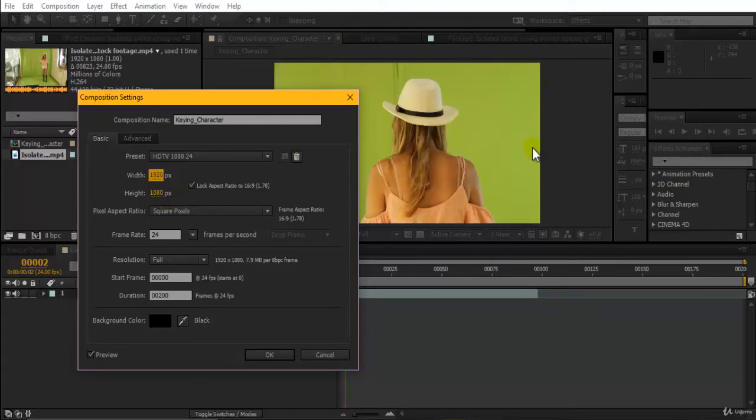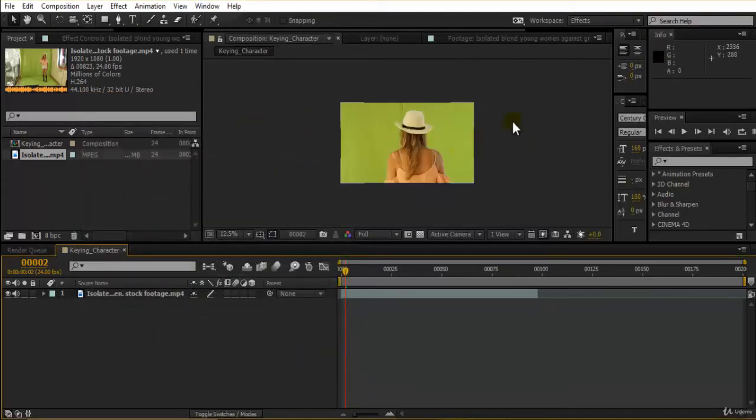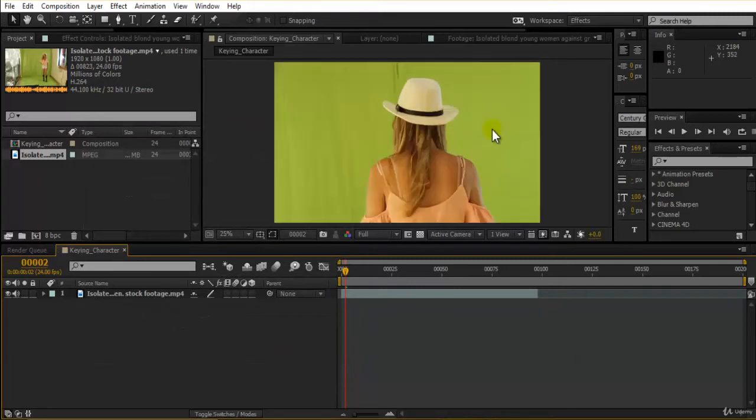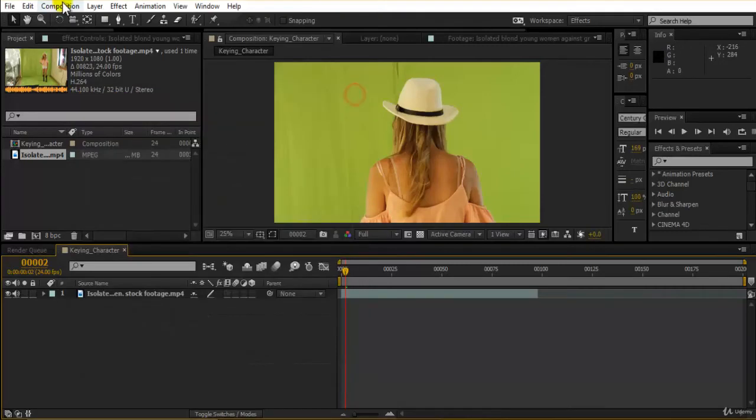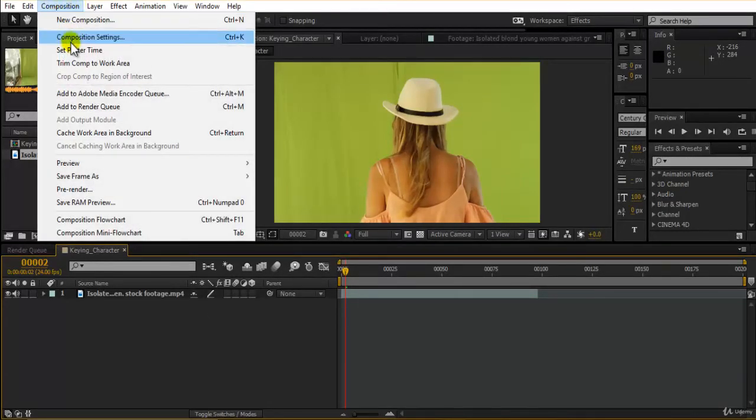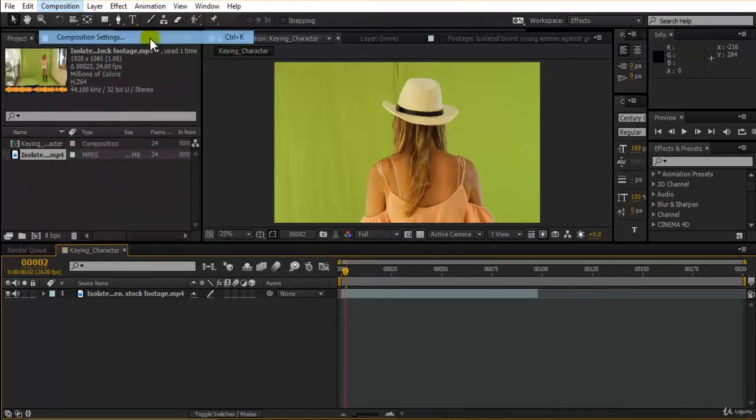The footage has been scaled up according to our composition. Actually the footage has not been scaled, the footage is as it is, but our composition has been scaled to 1920 1080 pixels with 24 fps, and there is no bounding box in our composition. Then hit OK, which means that this is totally perfect. Again, if you want to check, you can press Control K. If you're using a Mac, you can use Command K. It will give you the composition settings. It comes from Composition, Settings. The shortcut is Control K.